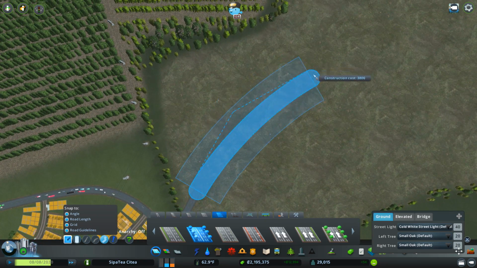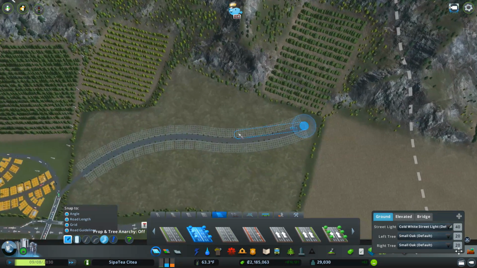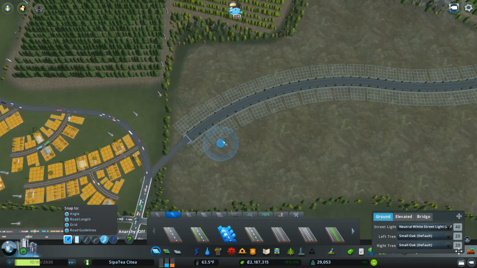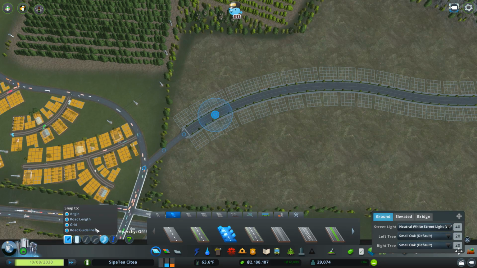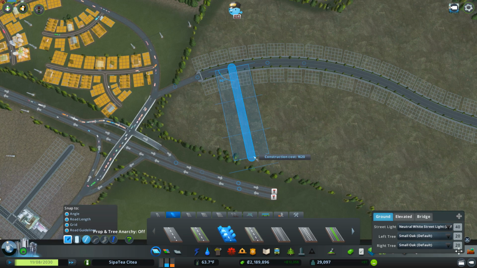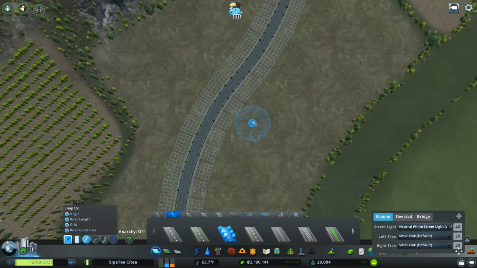Let's go. We're going to go up through the middle like this, to the end like that. Yep. And then we're going to have roads. Yeah, we're going to do trees as well. Roads coming off of here. These are going to be pretty straight. Yeah, that's far enough away from the junction. So if we go off like this...